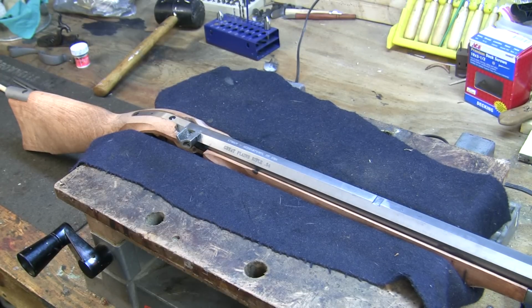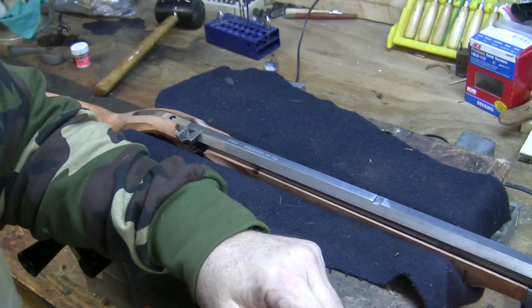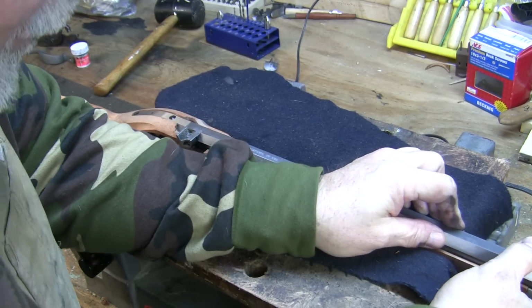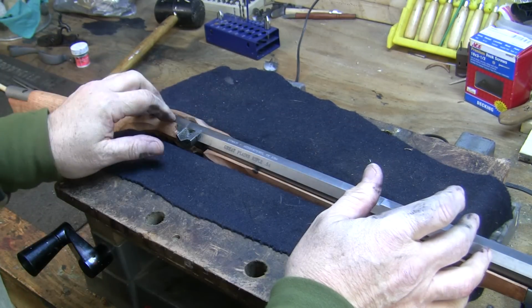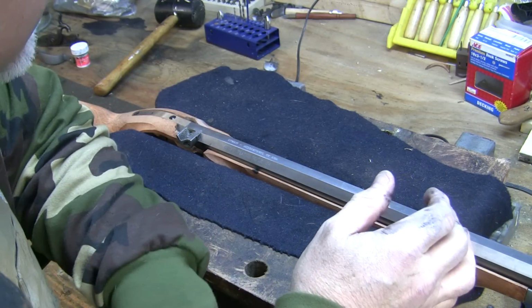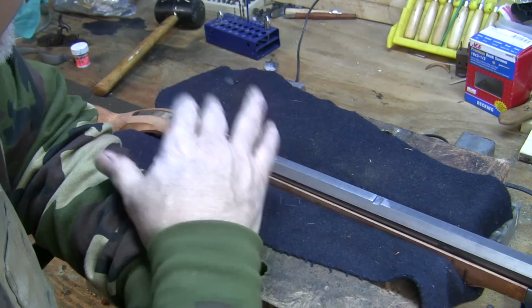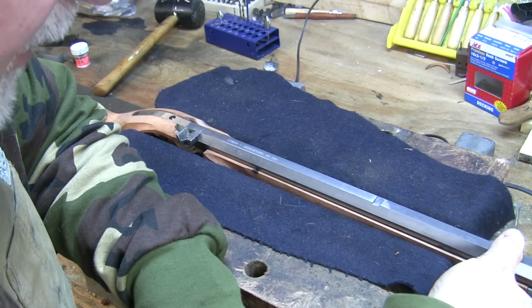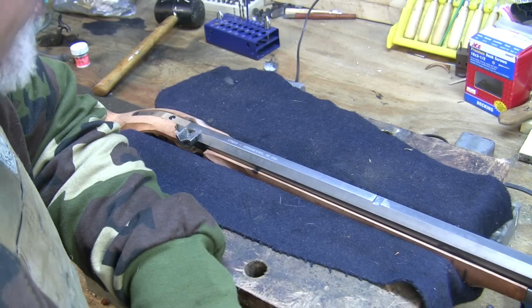Alright, so this build is a little bit different for me because everything is already inletted. But the question is, how well is it inletted? So I put the tang and the hook breech in, and now I'm laying the barrel in to see if it goes in, and actually it does not. I'm getting a bunch of flack. So I already put